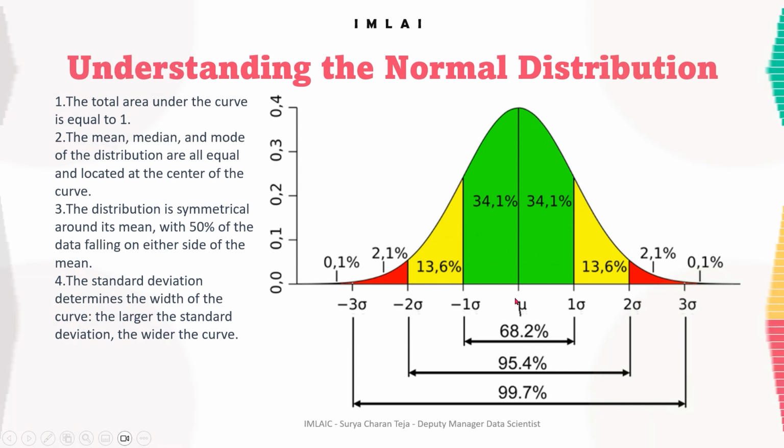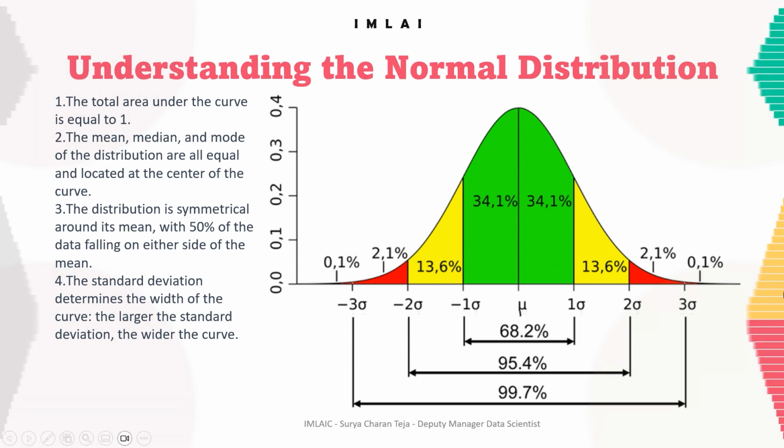Understanding the proportion of the data that falls within each standard deviation from the mean is important for statistical analysis and hypothesis testing, as it can help determine whether an observation is unusual or falls within the expected range of values for a given distribution. So now let's wrap up after looking into the various fields where this normal distribution is applicable.